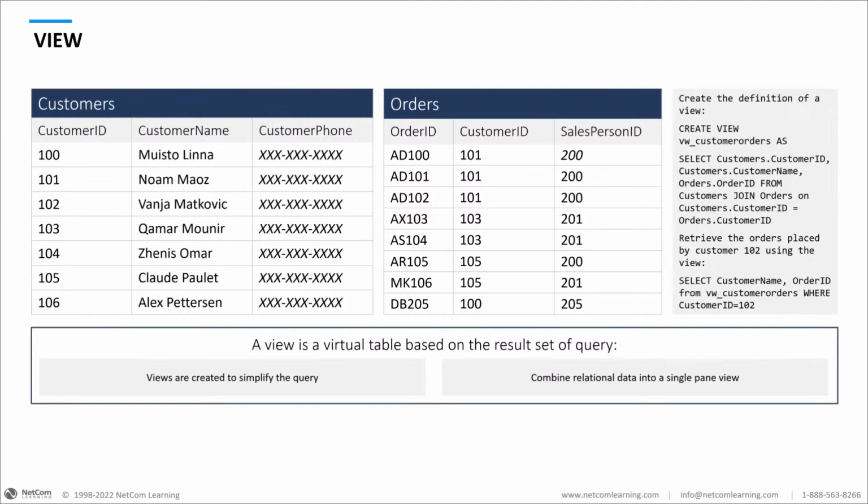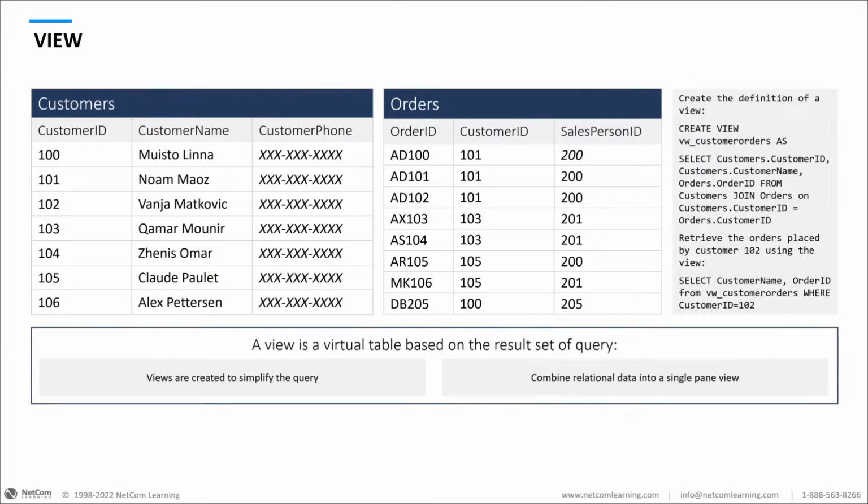that is then displayed to the end user as a query result. Okay, so views are created to simplify a query, and they combine relational data into a single view for the user to be able to access the data and use it for some task that they need to complete, but it doesn't do anything other than that, right? So all the view does is it takes the result sets from all of the queries, parcels them up into a readable view for the end user, and that's what they get to actually see when the results are completed.